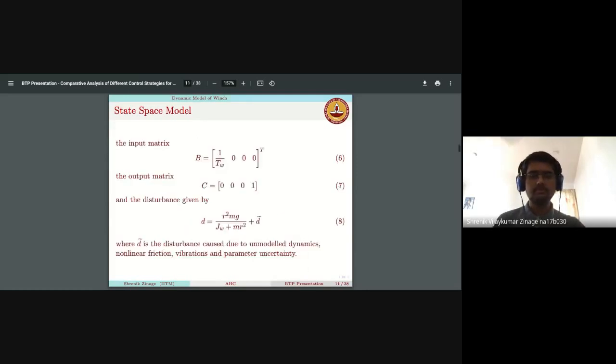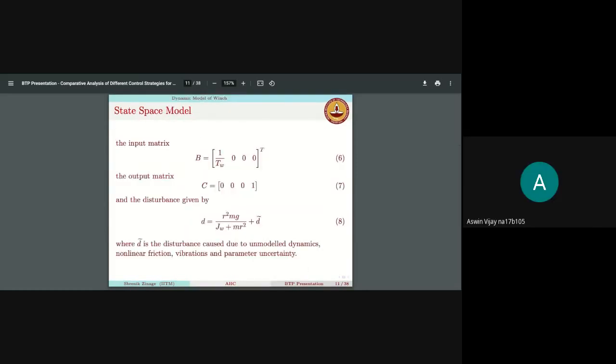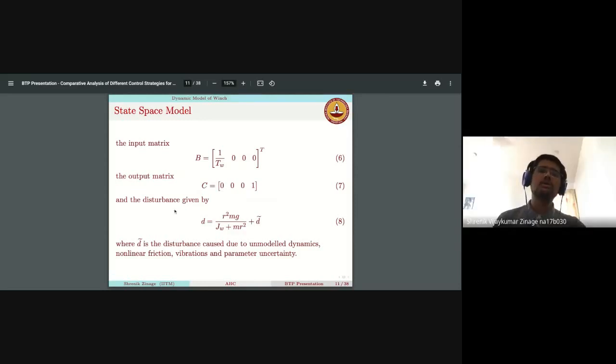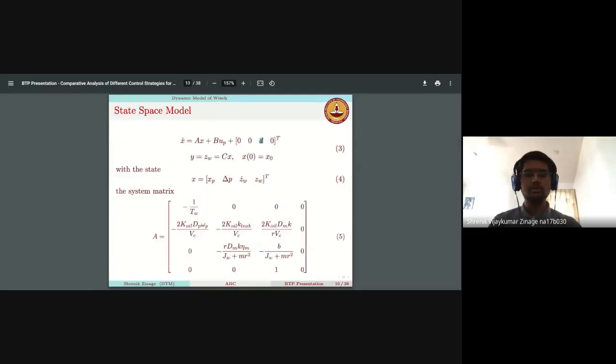Okay. Can you tell me the reasoning behind that? Yeah, so in actual systems, like in actual models, whenever we give any disturbance, we actually give it to the velocity term itself. And the reason why they give it, I'm not quite sure. But in most of the models, they try to provide disturbance to the velocity term itself and not the position term. I don't know the exact reason behind it.